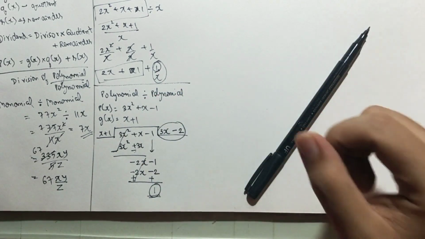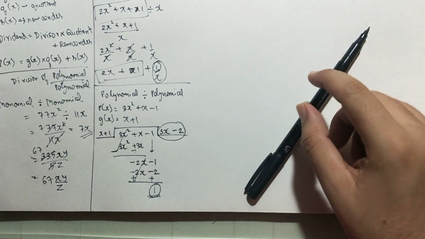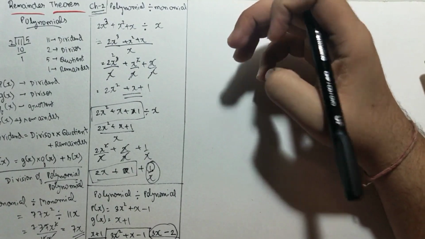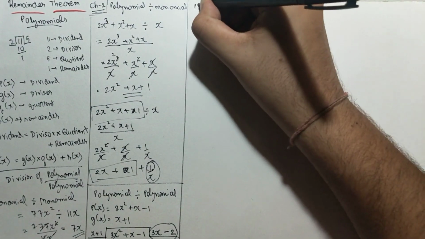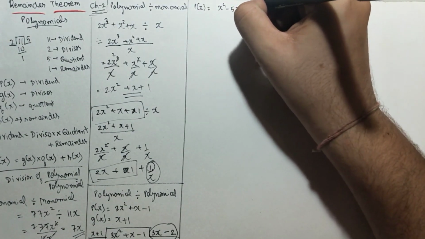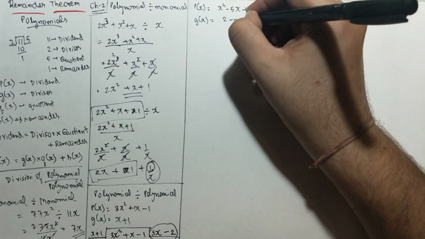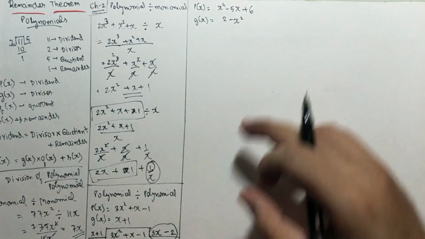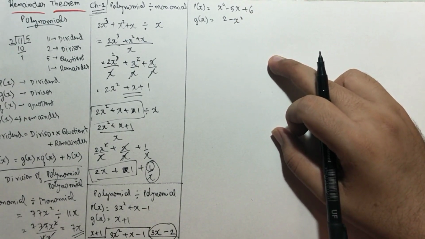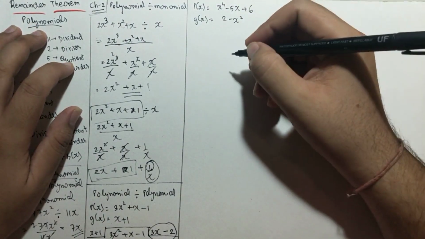Let us take one more example, so that we may understand this in greater depth. I want you to understand this topic thoroughly. My p of x, that is the dividend, is given as x raised to 4 minus 5x plus 6, and my divisor is given as 2 minus x square. This sum is actually from the 10th standard textbook. First thing, the dividend should be inside the division bracket.